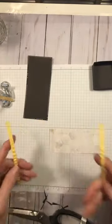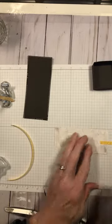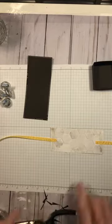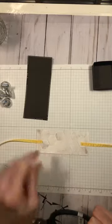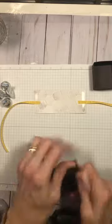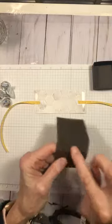All right, now you're going to take your 2 pieces of ribbon. Okay, this is Bumblebee and the ruched. This is pretty. And you're going to go ahead and just adhere it to each end of your Designer Series paper panel. Okay, you're probably thinking, what in the world? Just stick with me here. Okay, and then next you're going to kind of put that away, and then you're going to take your die cut piece from the ornate layers, that's it,